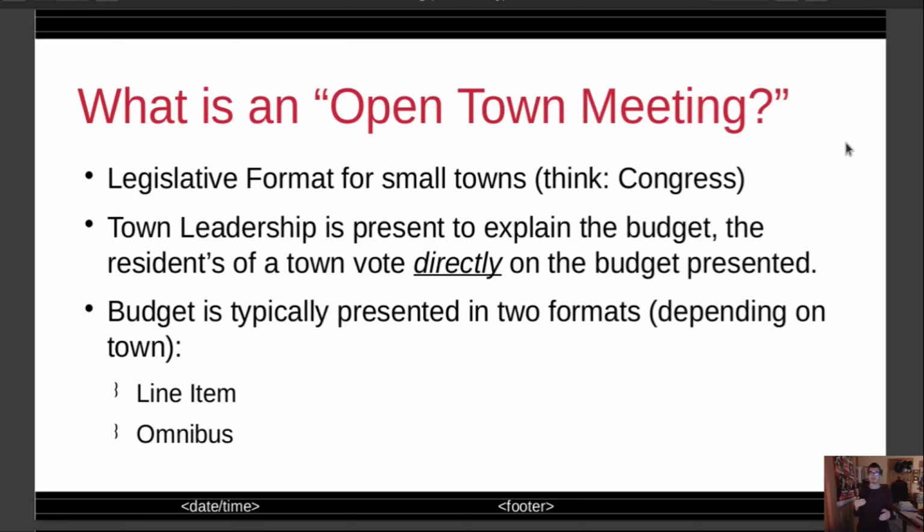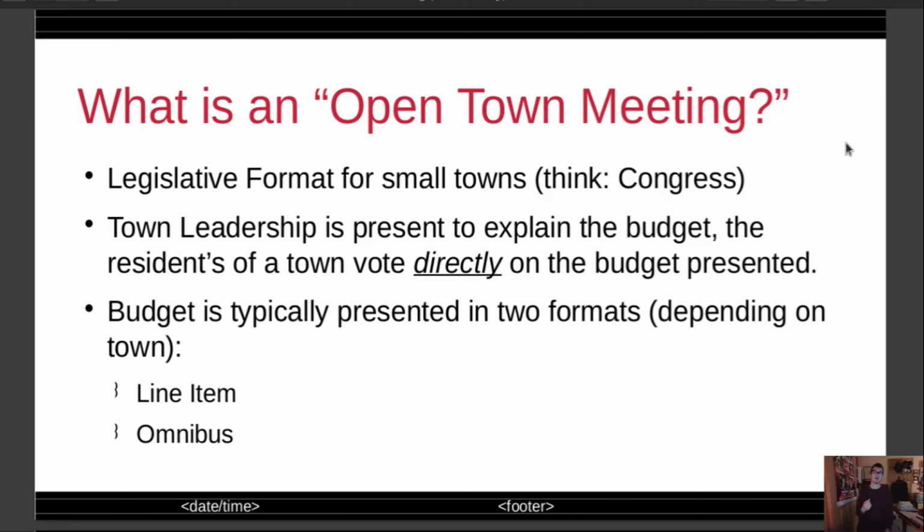That warrant that I've covered earlier in this channel has basically what would be listed as articles or bills down the list, and the town votes in person for whether or not they want to accept those items or those bills. Some of it is more legislative, like wording in the bylaws. Some of it, of course, and honestly the majority of it is the operating budget for next year.